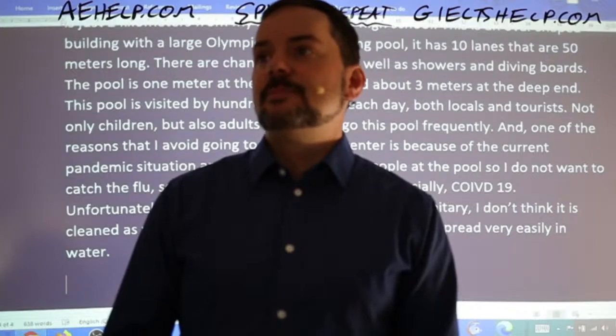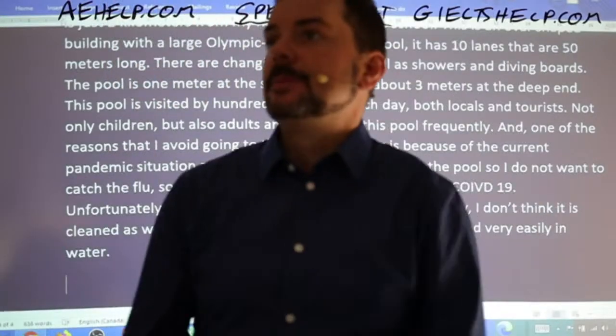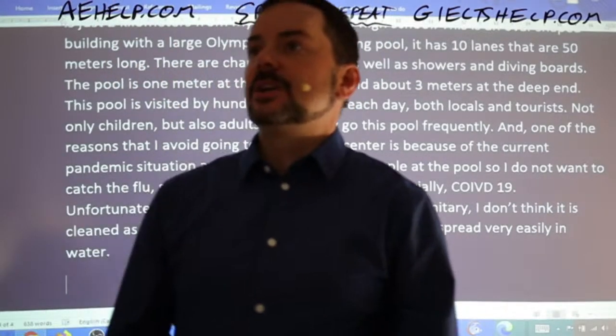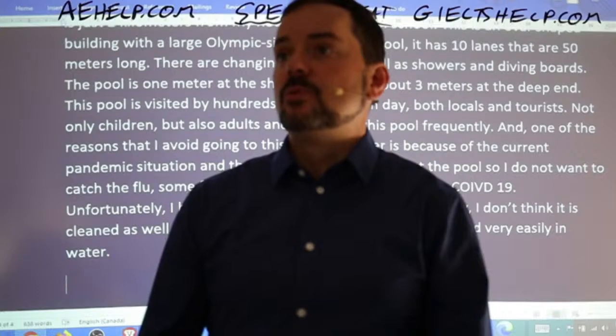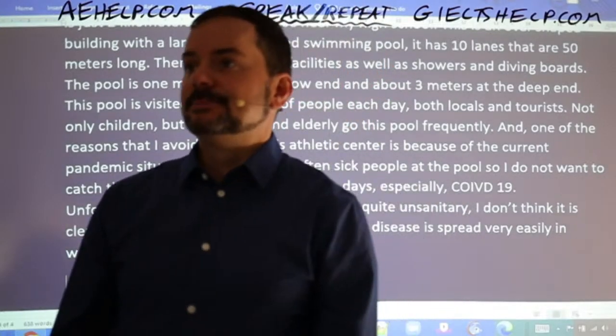Barhat says the pool has a squared shape. It's about 30 by 30 meters in width and length, not height. Height would be this way. There's a staircase for going into the pool. The pool contains about 50 people at one time for swimming.